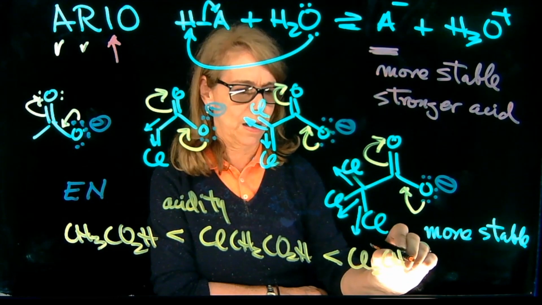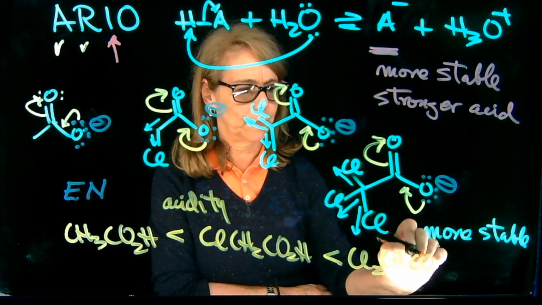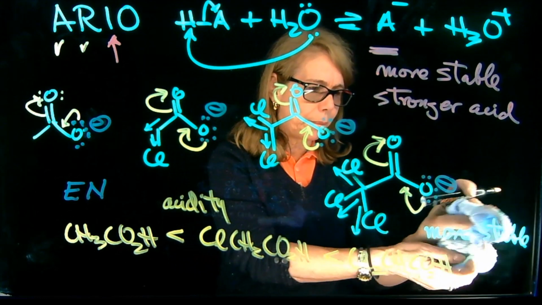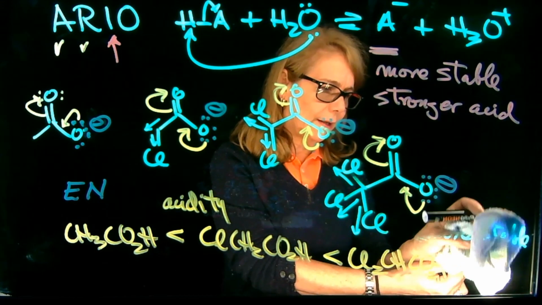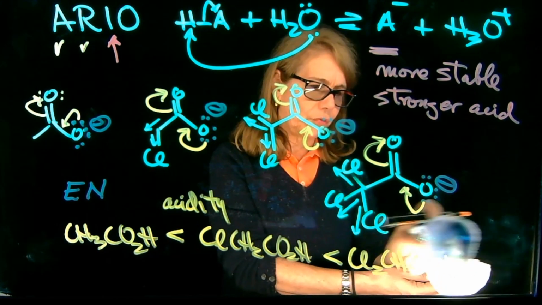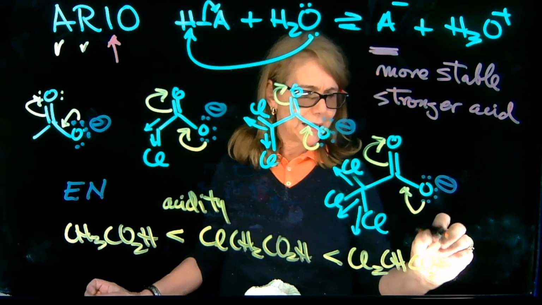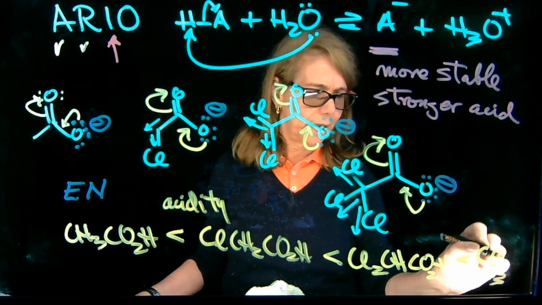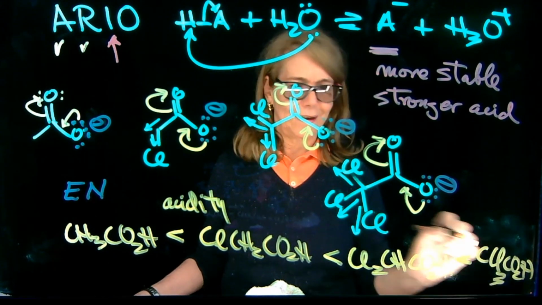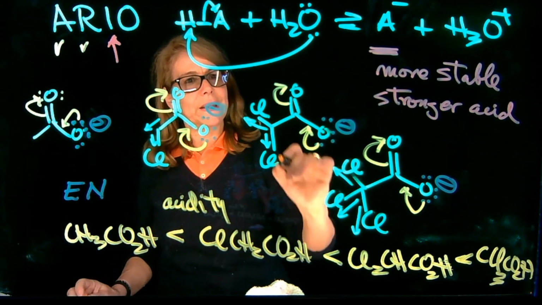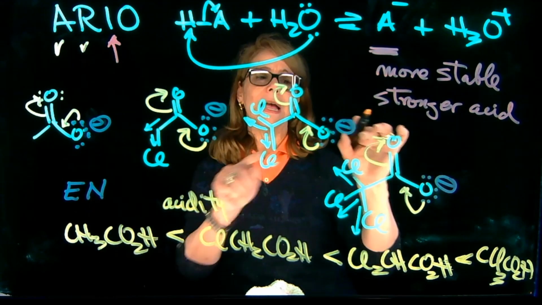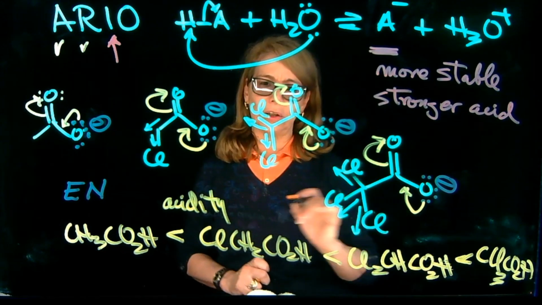And well, I don't have much room here, but I say the strongest of all of the acids here is the trichloroacetic acid. I'm running out of room. So we're predicting then that because this is the more stable anion, its conjugate acid, trichloroacetic acid, is the